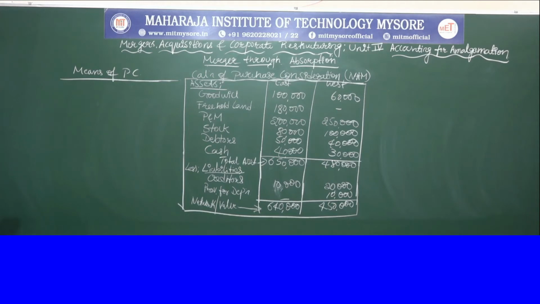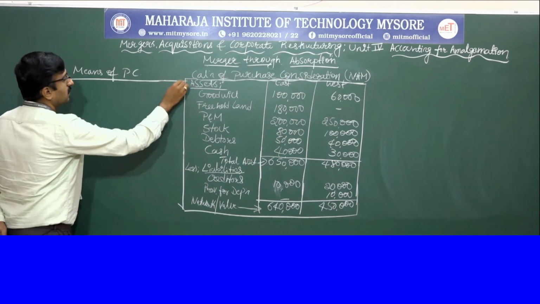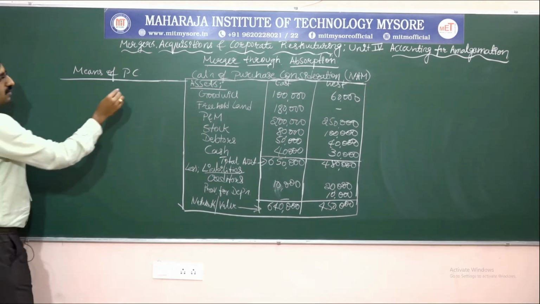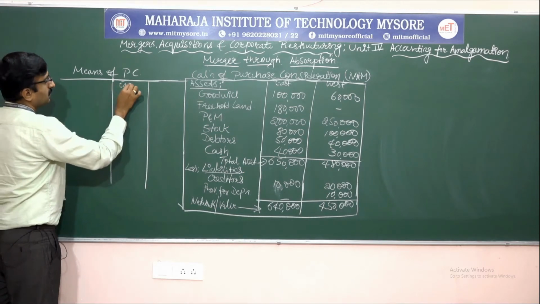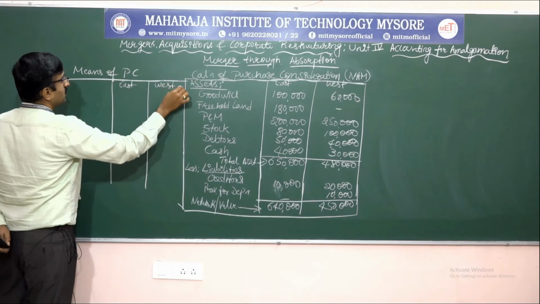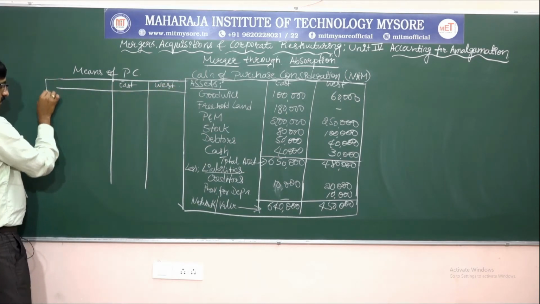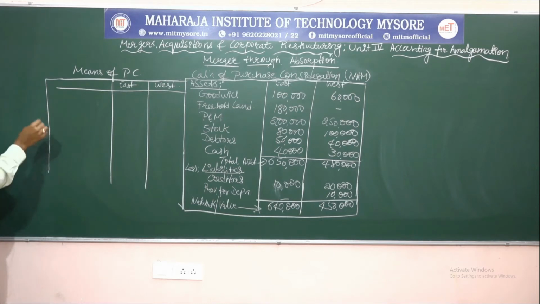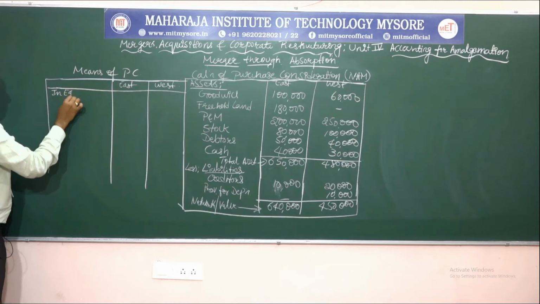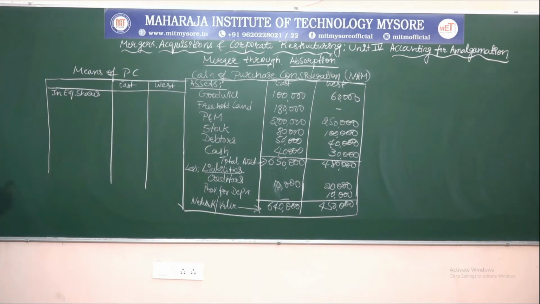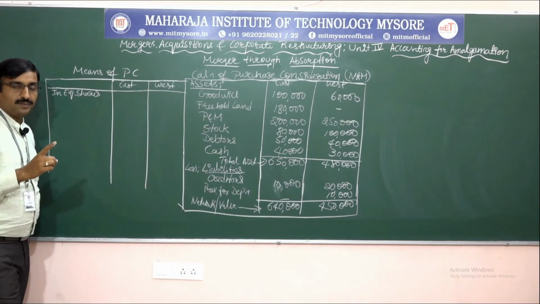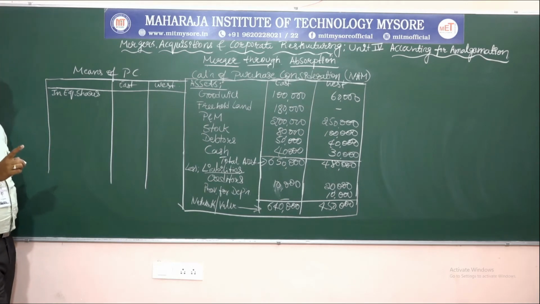Got it? So here we have both the companies, one for East and one for West. Yes. So in equity shares, how much is it? Go to the adjustment, see the adjustment. The adjustment says that,